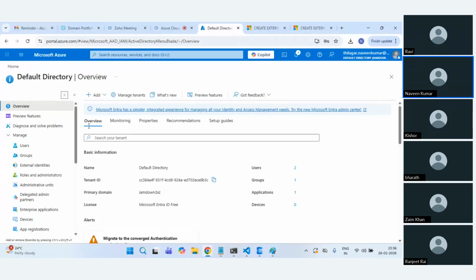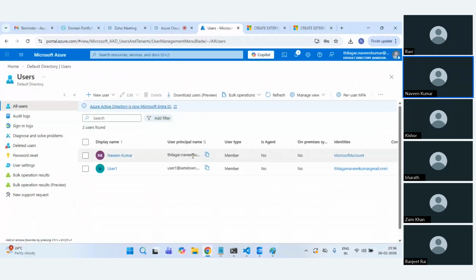You will see your Entra ID is mapped with your tenant ID, okay? Which means for your given tenant, you will have a specific default directory and the tenant ID which gets mapped, okay? And within this only, all of your users, groups, whatever you create, it will be within this. And if I go to users,